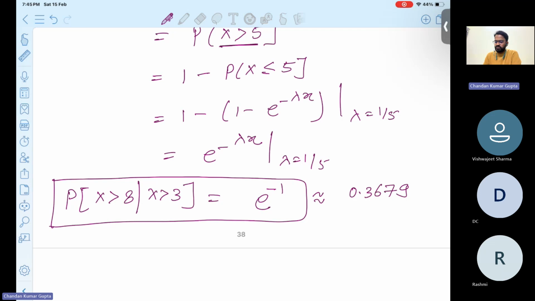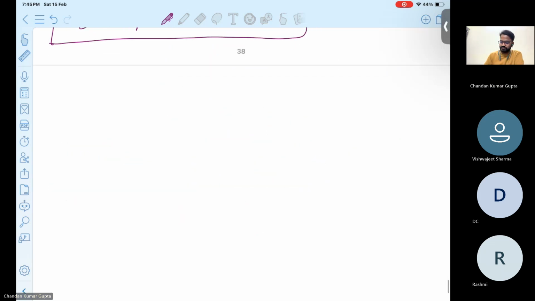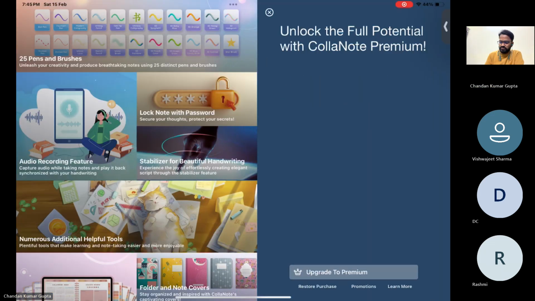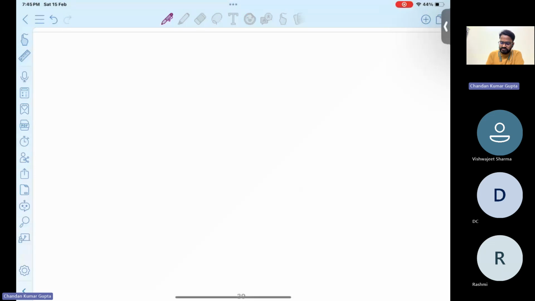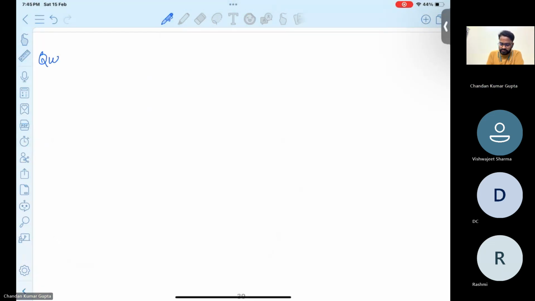So this is how we use the memoryless property to solve the questions. Any doubt up to this point? We have some more questions like this related to the